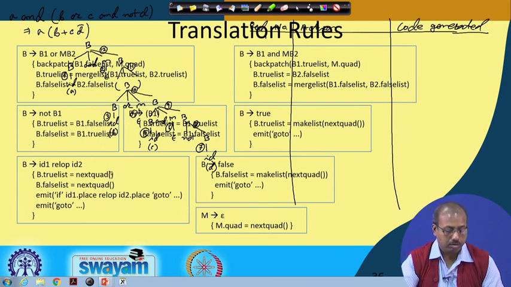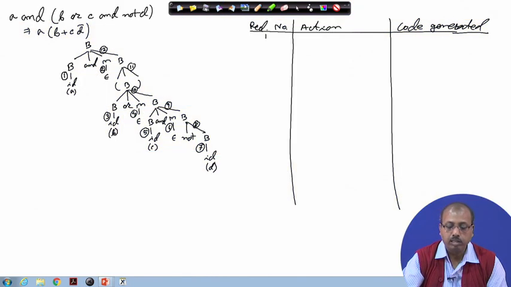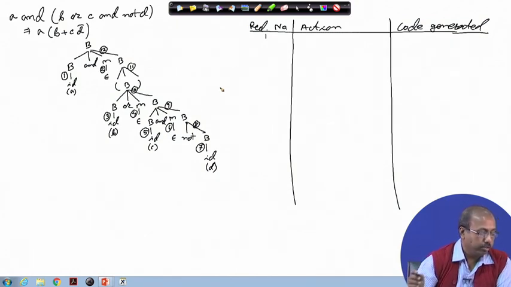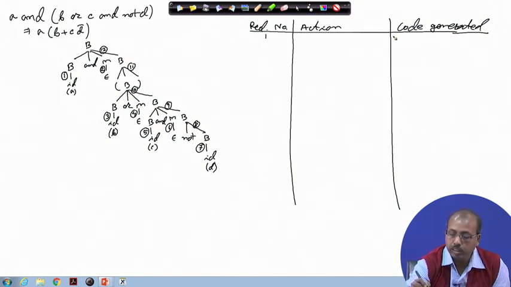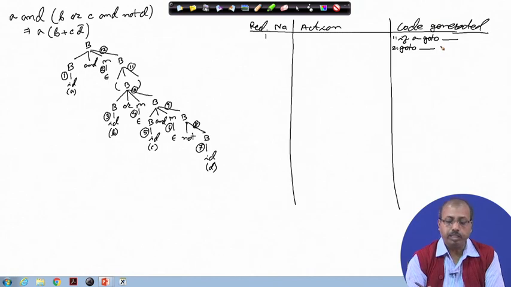For B producing ID, here it is not written, but in some other slide it will be there. It generates code: if A, if ID go to, this go to will be filled up later; at number 2 it will generate go to, which will be filled up later.